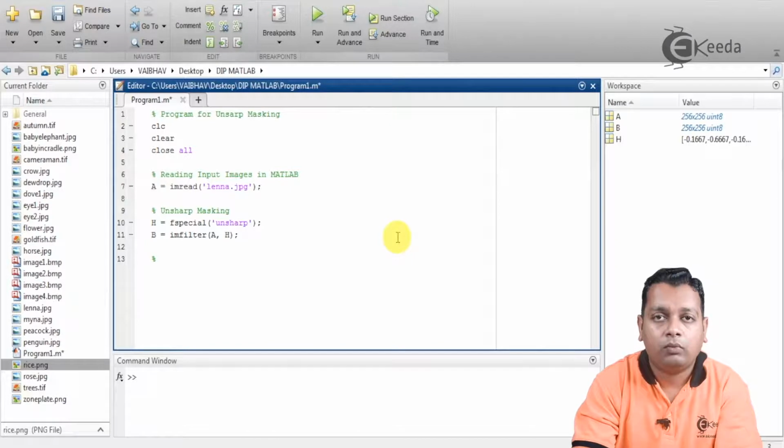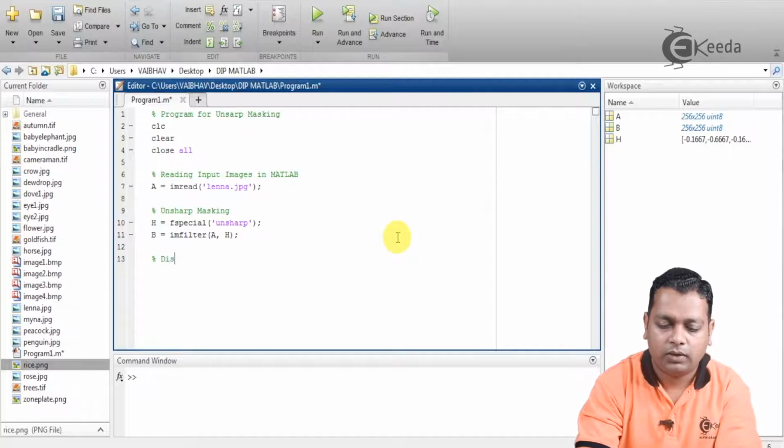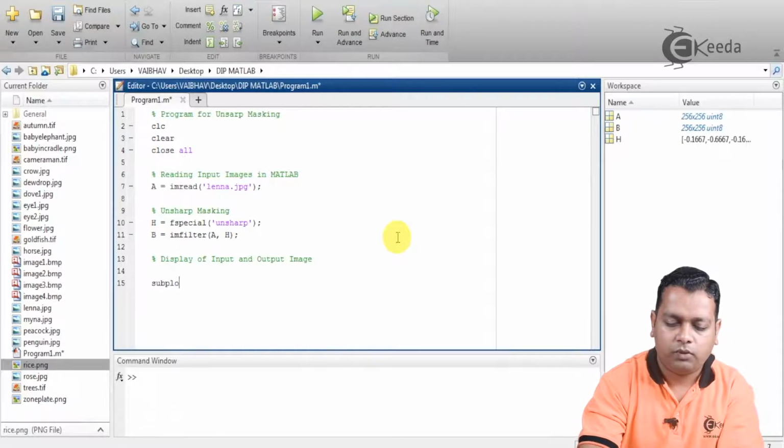Now that we have both the input and output, the task is to display the images. So let us have the comment: display of input and output image. We use subplot here.